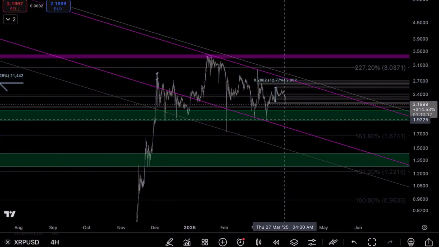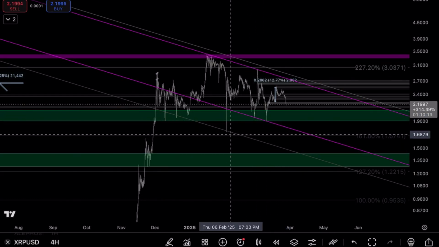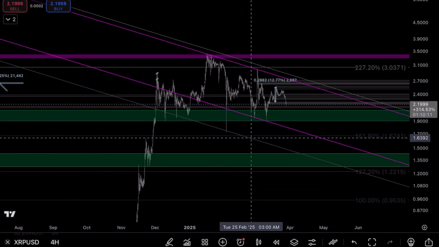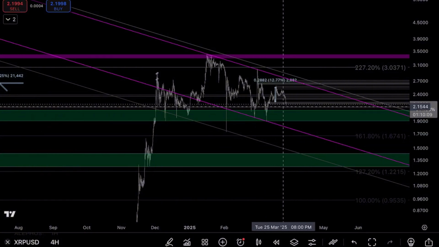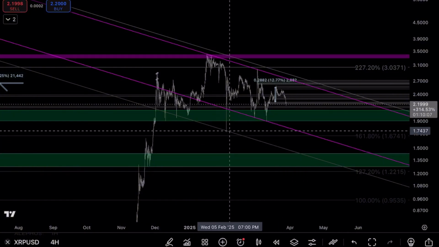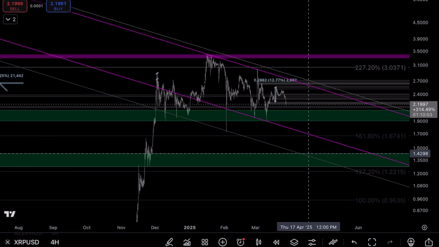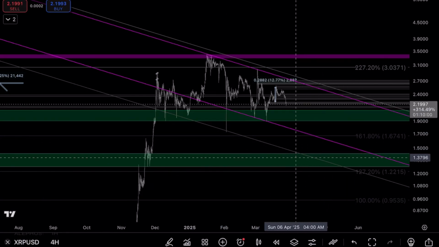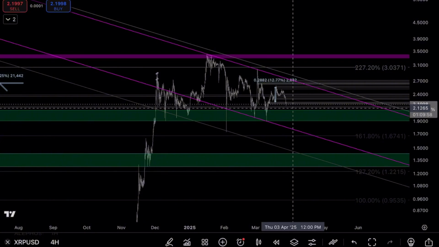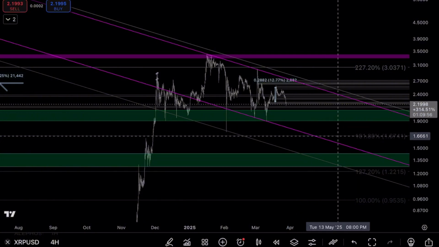And for touches, this will give me an idea that, hey, we're still in this channel based off of this spike right here, right? Going down. So that's how I got the overall channel off of the 4 hour time frame. Now I'm going to go to the 1 hour,